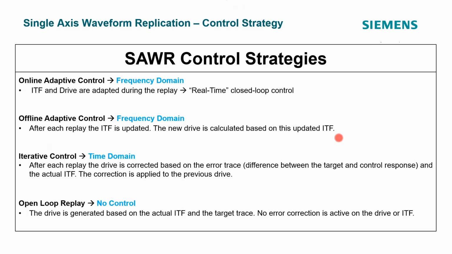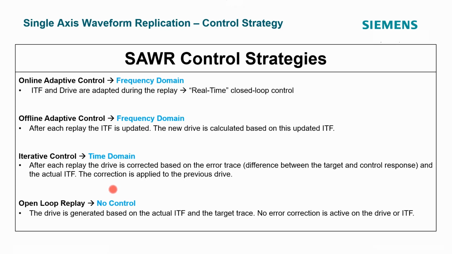Another choice is to do offline adaptive control, where we play out the entire time trace, update the transfer function, and calculate the inverse transfer function by inverting it. Once we get some good established transfer functions, then we can maybe switch over into the time domain. So there are different strategies for conducting a time waveform test: as a first phase, get a good quality transfer function through these different control strategies, and then eventually make corrections to your responses in the time domain. It looks at time data, the target and responses, and makes some adjustments to the drive to achieve the time waveform replication.